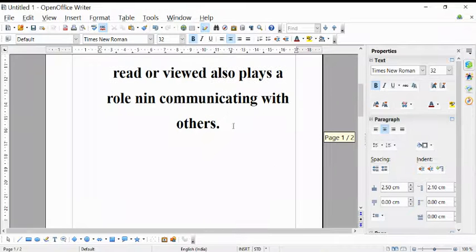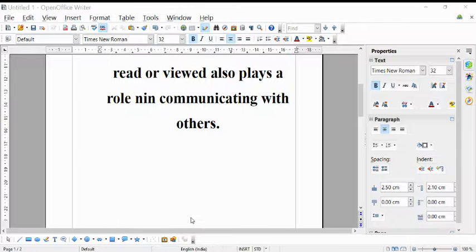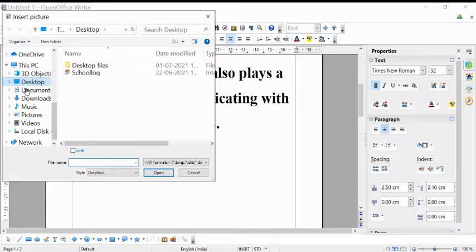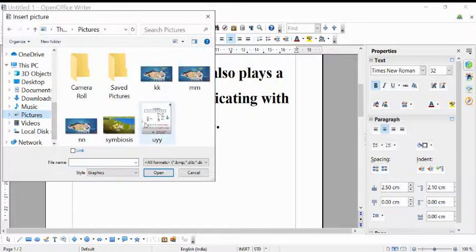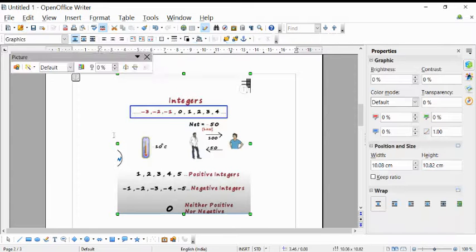Suppose now here you want to insert the image over here. So how to insert the image, as I told you in the previous class, just click on insert, and from picture you just select the file. Then from here just change the picture, open. If you want to insert the picture, you can go to insert, open the picture and open it.